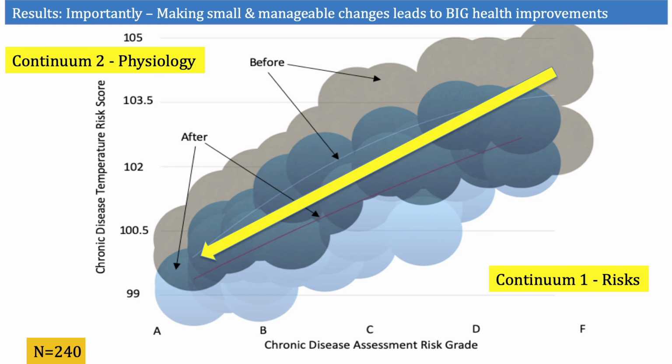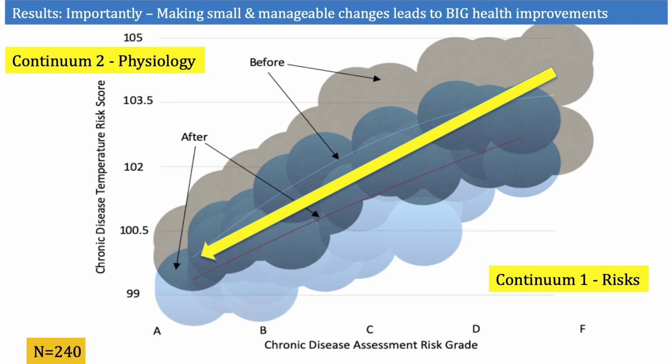We published one on a group of 70. Now we're publishing on a group of 240. And what we show is Continuum 1 risks. We give a risk score, a letter grade, for what we call your risk portfolio. And when we simply move you down that risk portfolio by eliminating simple, small, easily manageable, and embraceable risks,